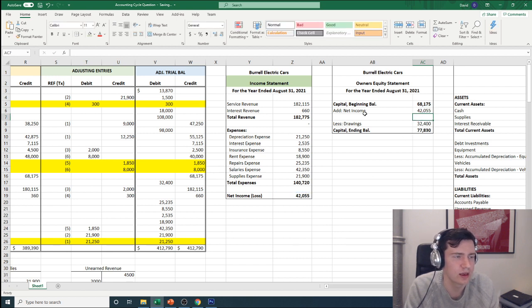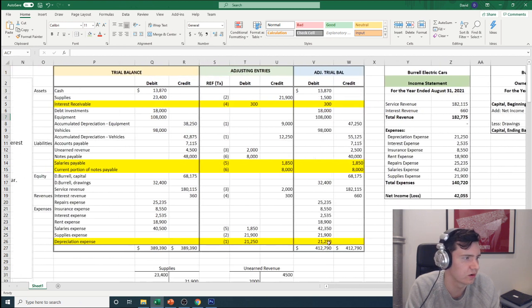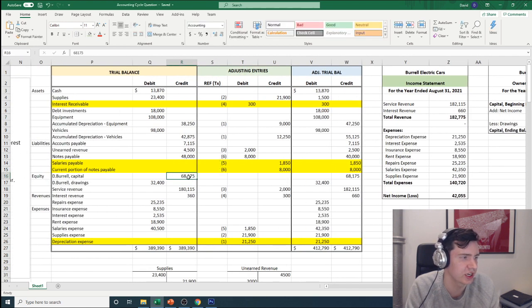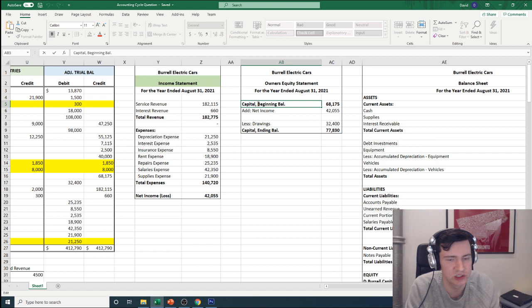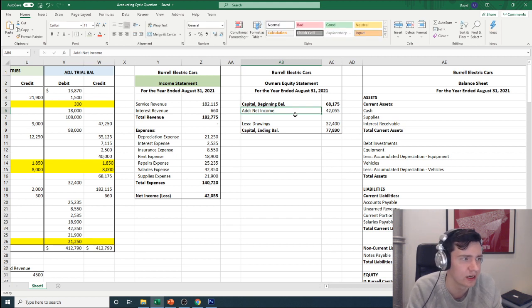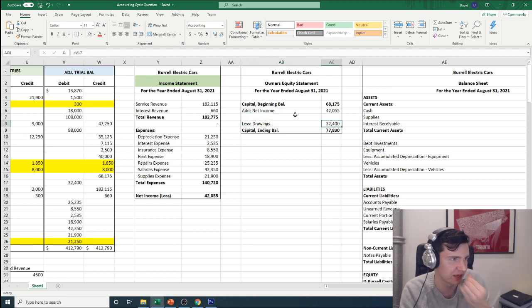Our beginning balance in capital was 68,175, and it didn't change because we didn't have any adjustment. So we're going to take that capital, which is also our retained earnings amount. We're going to add net income because retained earnings are just all your earnings that have been accumulated, less drawings